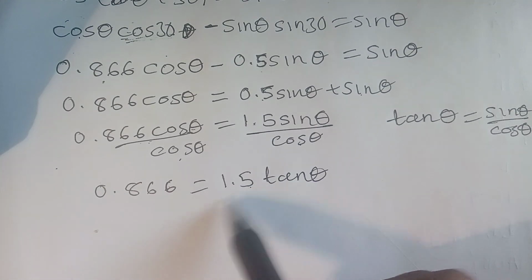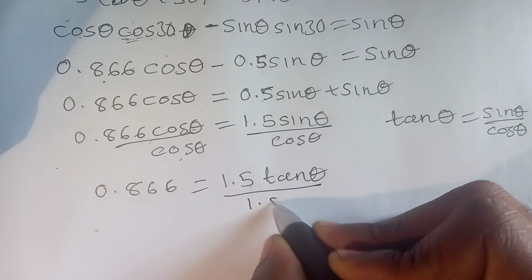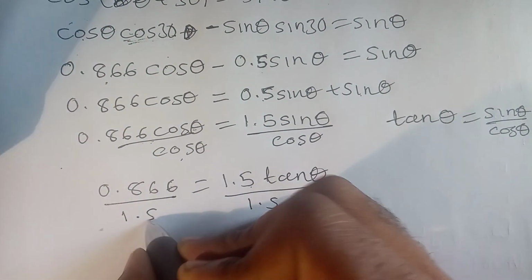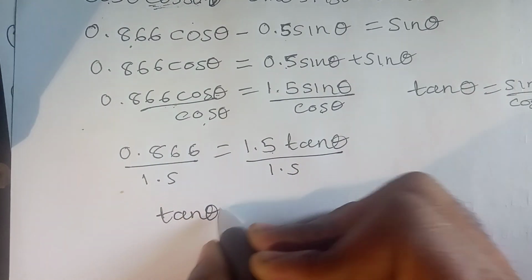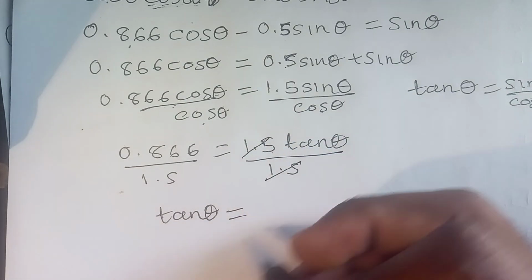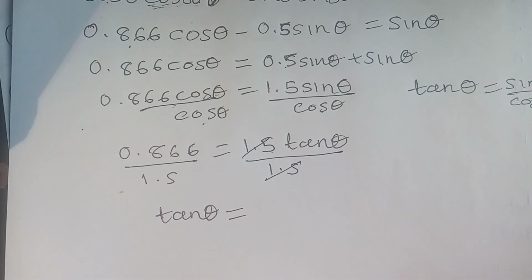And then you can simply divide both sides by 1.5 to remain with tan alone. Then I can write it this side. So this and that will go, and then 0.866 divided by 1.5 using my calculator,